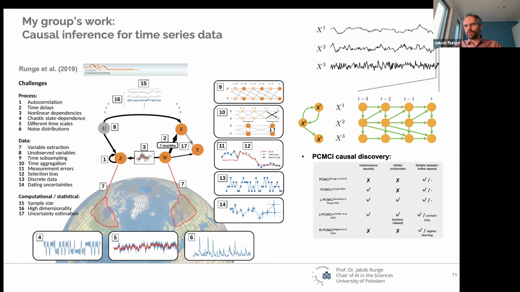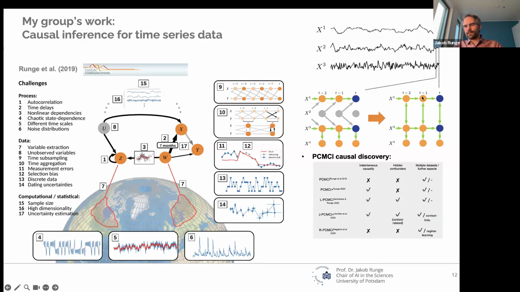And the way we dealt with this is by this range of causal discovery methods that I somehow called PCMCI at some stage, relating to the PC algorithm and the momentary conditional independence tests, which tries to make conditional independence testing valid and well calibrated for time series data. And the methods we have here cover a range of assumptions, from PCMCI plus, allowing for instantaneous relations, then we have LPCMCI that learns latent time series graphs.